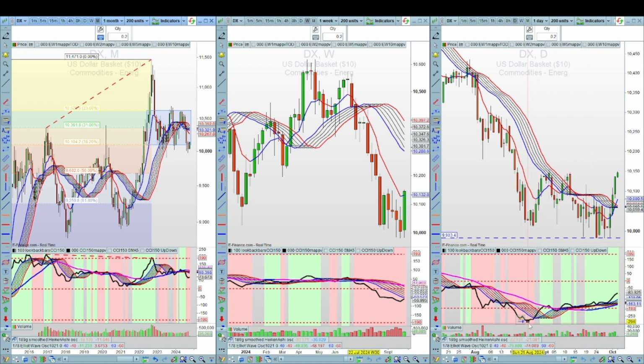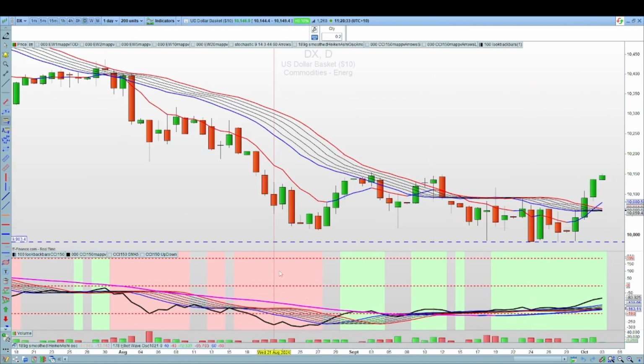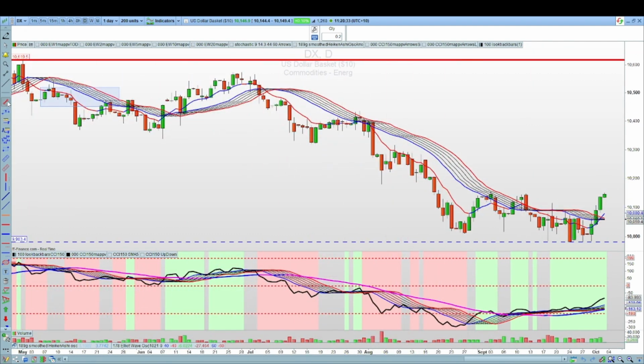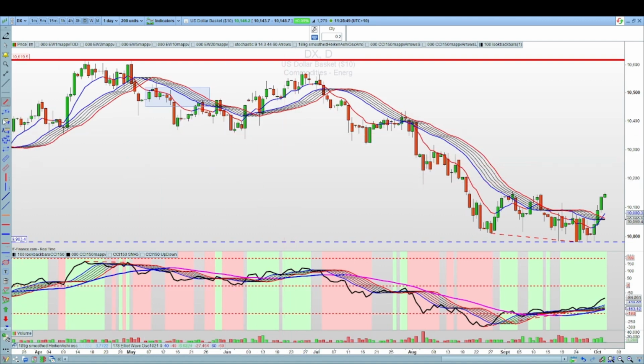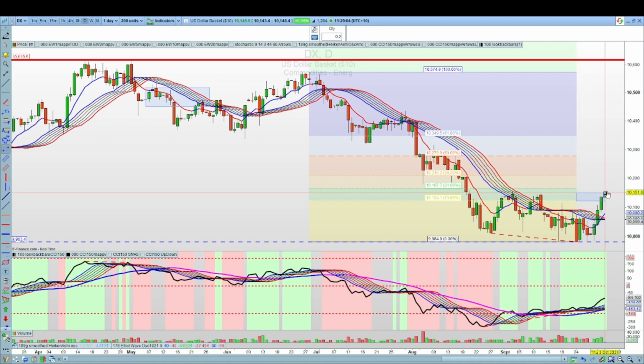Now notice there we've also had a bullish divergence. If I zoom out, you can see there if I draw a trend line between that low and that low, that's lower lows on the price chart versus higher lows on the CCI, and that's a bullish divergence. And what we do now is we draw a target range, so we take it from that low to that high. You can see there it's already hit the minimum target range that we do anticipate pulling back to. So if I draw a little rectangle there just to highlight the target range of the 23.38% retrace level, it's already entered into that range.